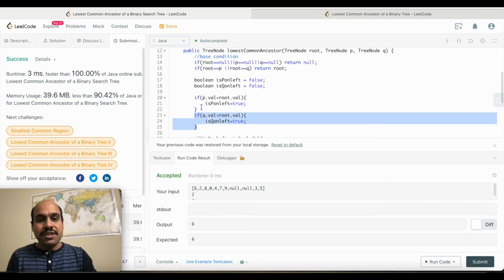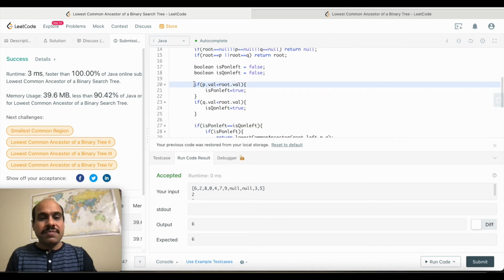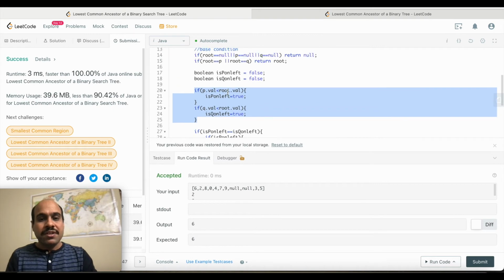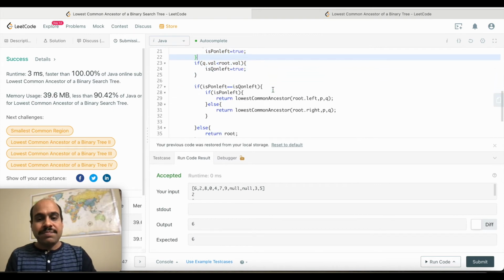So we will do the same approach in another problem for binary tree, but binary tree does not have this property, so we cannot check whether a node is in the left side or right side just by checking their values. So we will use some function, otherwise these two problems are the same from an approach point of view. Now let's check time and space complexity.